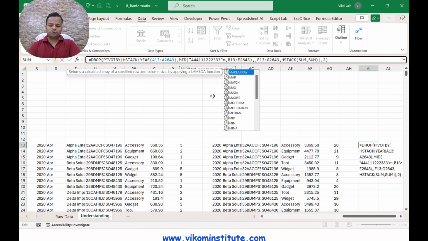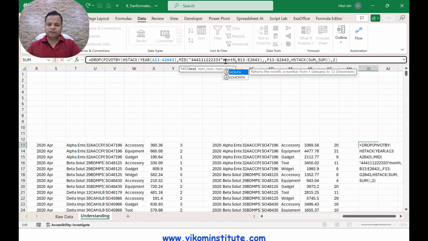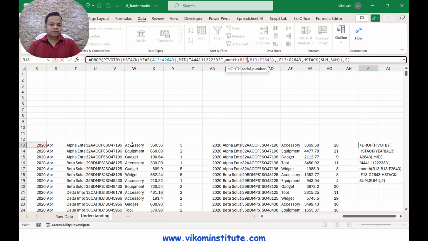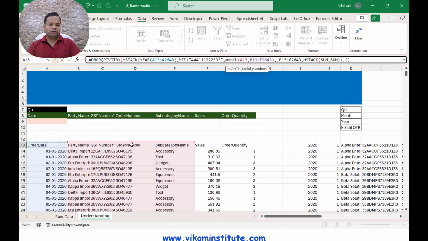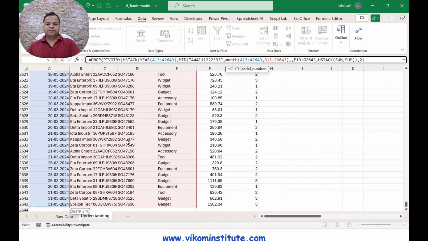Now the starting position is your month. Why am I using month? Let's say I want to extract the quarter of April, it is going to tell me the fourth position, and that is your number one. So I'm taking the month of which column? I'm taking the month of this single column once again, your raw data. So here it is. Now close the parentheses, and how many characters do you want to take? One, since we need the first quarter. Close the parentheses, and here is your quarter.